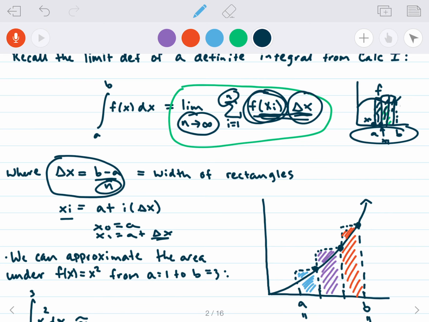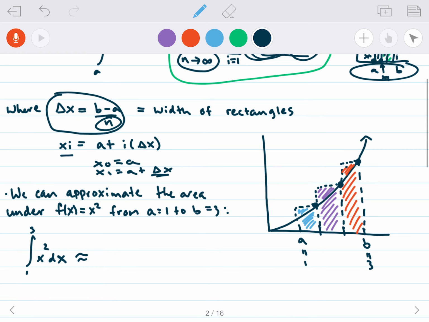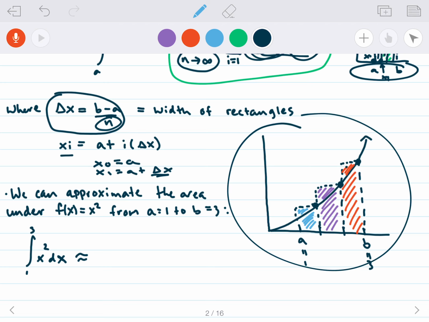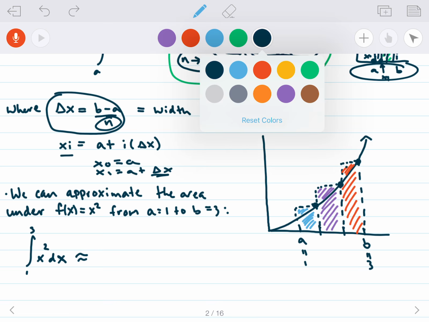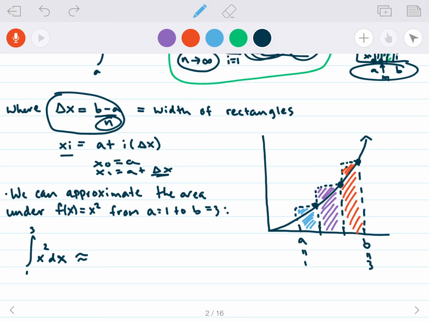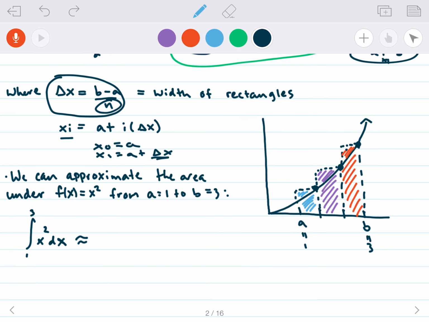Okay, so just as an example, let's go ahead and recall that we can approximate the area under the curve f of x equals x squared from 1 to 3. We can use as many rectangles as we want. Again, the more rectangles you use, the better approximation. But let's just look at this with 3 rectangles. Okay, so what do we have? Our formula,